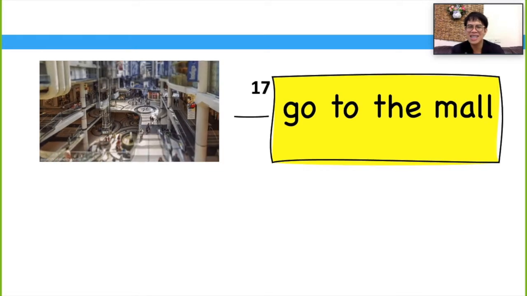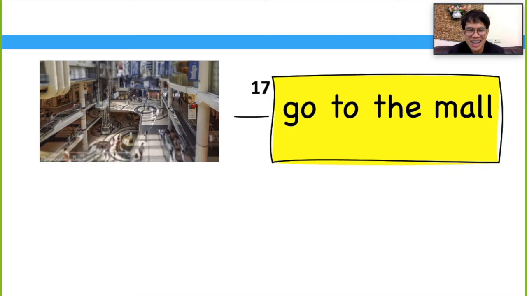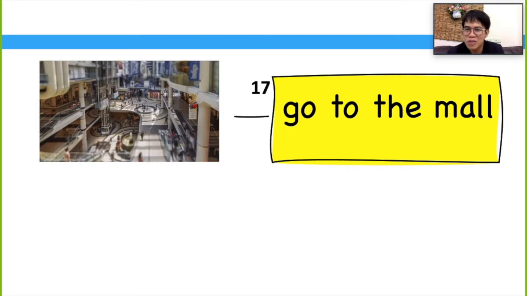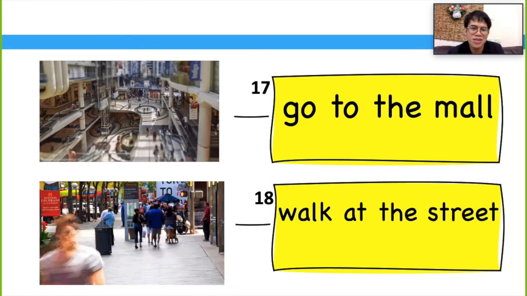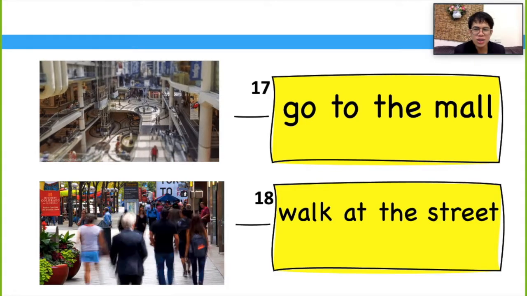Number 17, go to the mall. Go to the mall. Okay? I think this is very easy. You go to the mall. And number 18, walk at the street. Walk at the street. So when you want to,